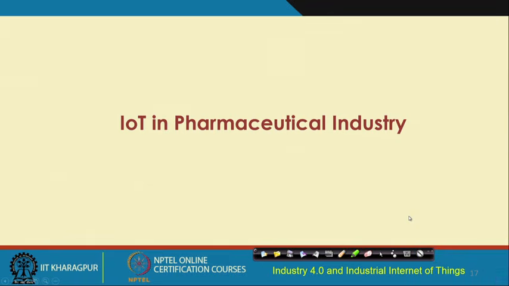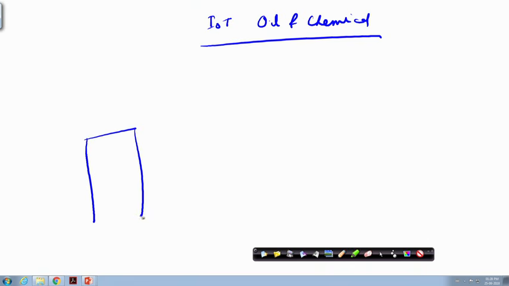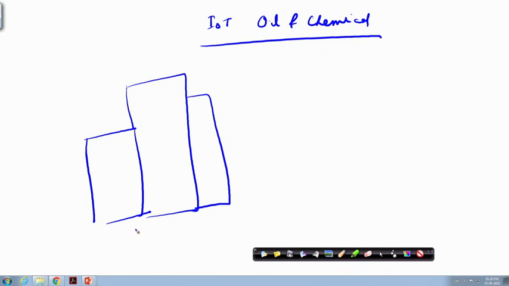So, before I talk about IoT in pharmaceutical industry, let me see whether we understand this in detail enough. So, let us try to look at this particular thing. Let us say that we want IoT implementation in the oil and chemical industry, right. So, we are essentially talking about what? We are talking about different industries, right, different industries etc. in this domain. These are, let us say, the industries